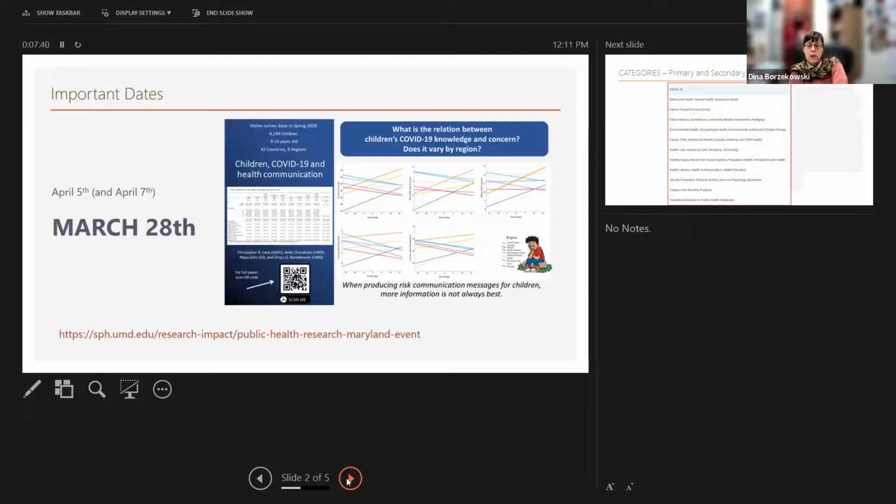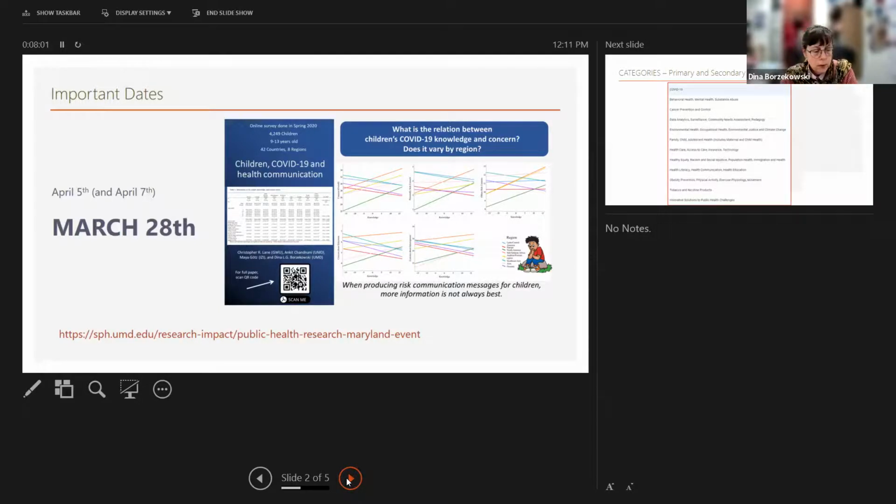If we need to move into additional rooms, we will, and we'll notify you accordingly. A small subset of posters will also be presented in Baltimore on April 7th. We are looking into whether or not there will be an online option for that.